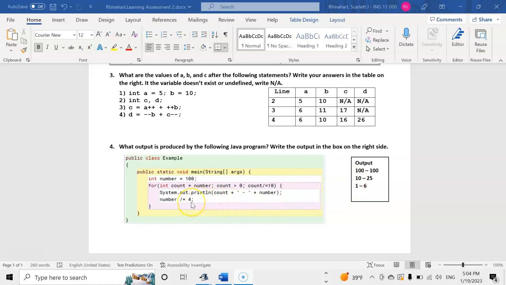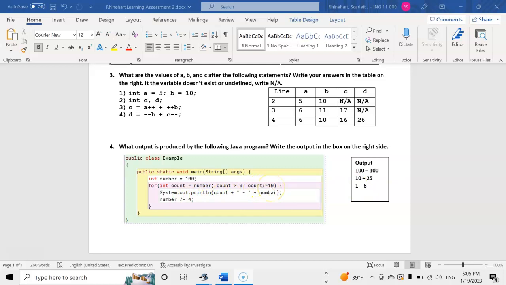And then you come back down here and you divide 25 by 4. And when you round with the integers, you get 6. And you come back up here and you divide 10 by 10, which is 1, and that's how you get 1 6. And then you come down here and you divide by 4, but that doesn't really matter,